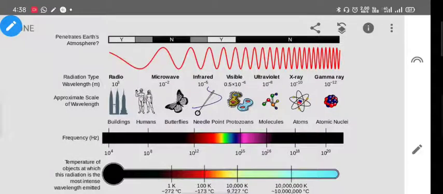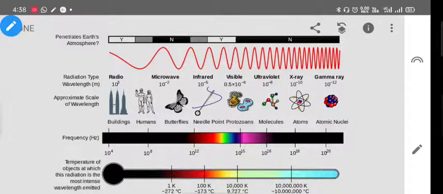So they tried to find out what thermal radiation is made of. It is now a well-known fact that thermal radiation consists of electromagnetic waves of various frequencies or wavelengths. It is based on a number of modern concepts which were unknown in the mid 19th century. So right now we know that it is electromagnetic radiation. Light is also one type of electromagnetic radiation, and here we have some examples of electromagnetic radiation.